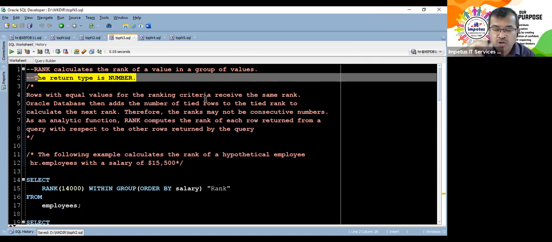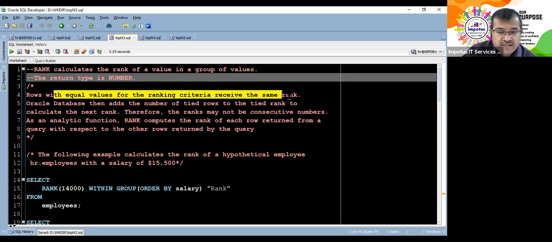Suppose I say, who are the top 2 scorers in your class, or top 2 highest century getters? It could be like top 3. Then it can be like Rahul Dravid and suppose Allan Border, they stand at the same row. Suppose they both are at rank number 2. That could be the case. But the third could be somebody else, say Surya, top 3 batsman, century. So if there are more than one rows having the same rank, they should also be listed. Rows with equal values for ranking criteria receive the same rank.